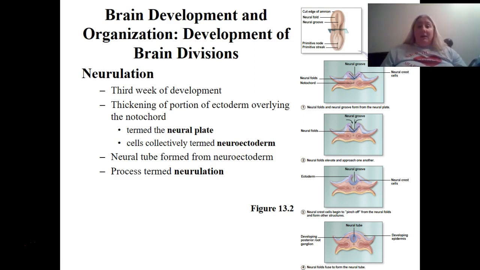Think about the time we start developing our brain, around week 3 of gestation. So we've just formed the embryo, and the embryo now is forming the organ systems. The first organ system, the brain, is developing. So any type of chemical agent or any type of damaging materials that mom takes into her system can affect brain and spinal cord development, which can lead to a lot of different problems. And usually mom doesn't even know she's pregnant at week 3. She hasn't missed a period. She doesn't have a lot of signs or symptoms of pregnancy,